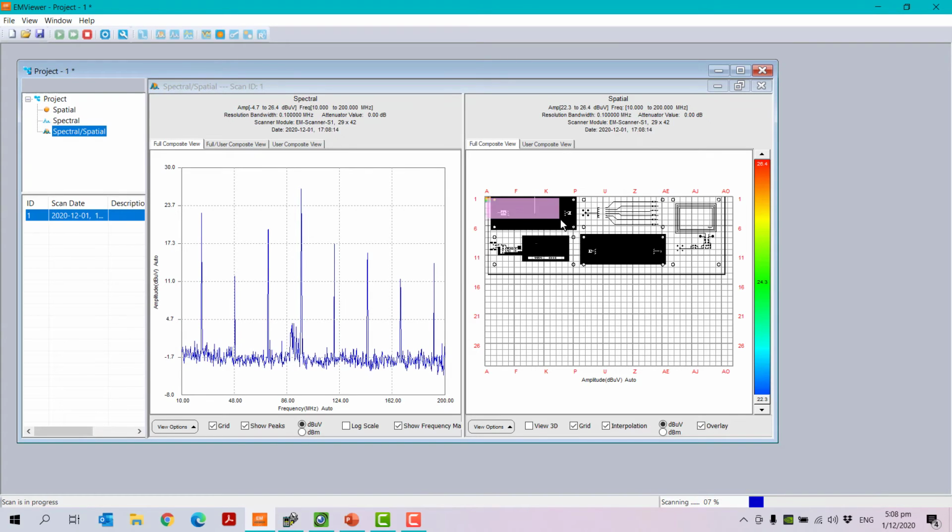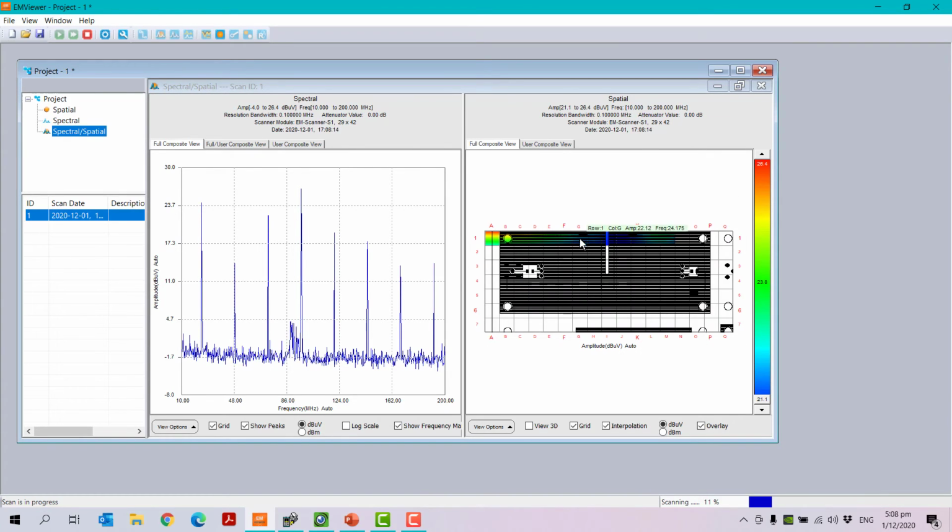So let me zoom this first to see the area alone in your spatial scan. Okay, so now I am using without slot. So you will be able to determine what is the maximum amplitude of distortion with the range of frequencies. Okay, so it is doing the scan here.